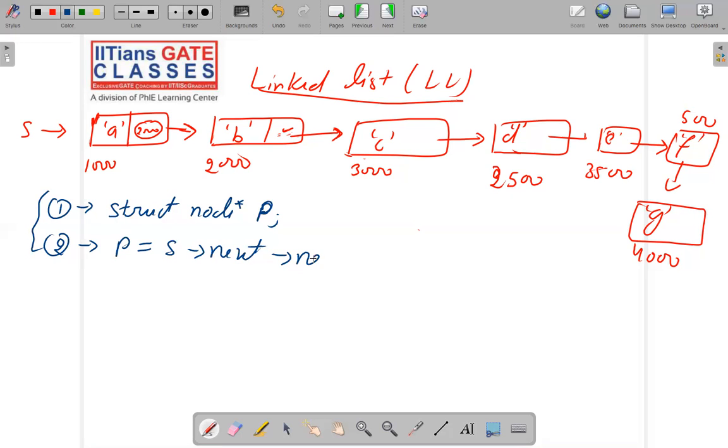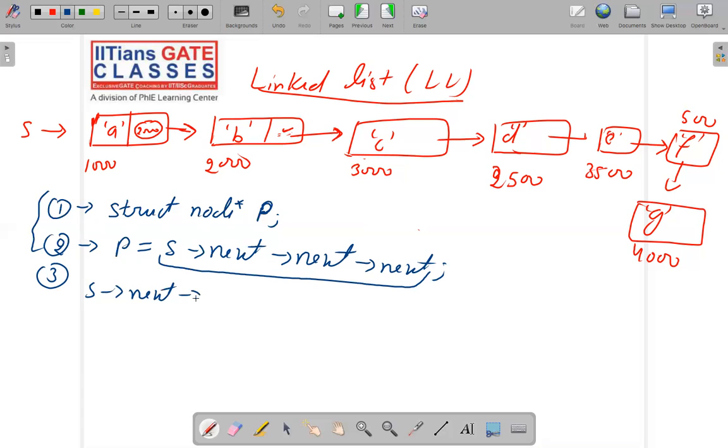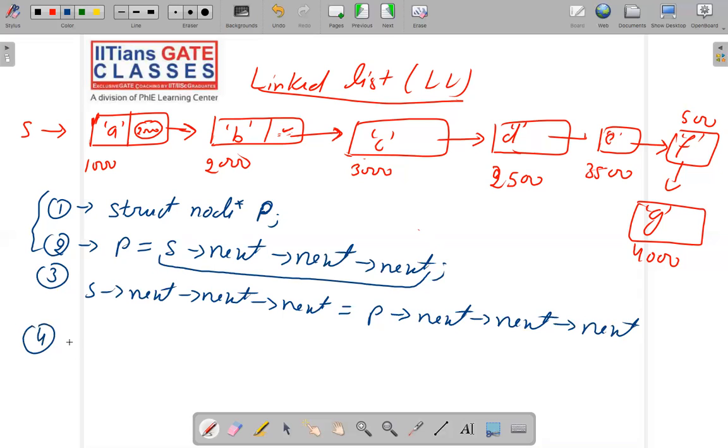next. Okay, so assign an address. You have to compute the address like this using this pointer structure. In the third line, I did S next equal to P next, next, next. Okay. In the fourth line, what I did, I said that P next,